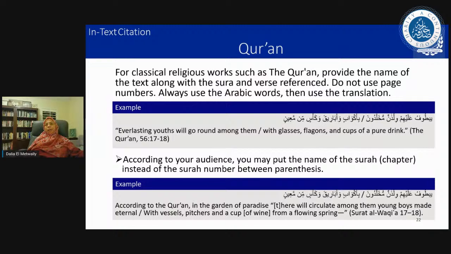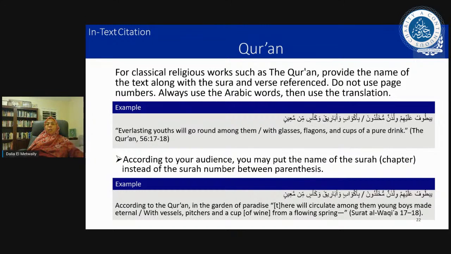Now, if you're turning in a paper to a Muslim person in a Muslim college, you may actually choose to drop the words the Quran and instead say the surah number, right? And of course, or the surah name. Of course, the surah number is right there, 56. But I have down here Surah Al-Waqi'ah, right? Because I'm specifying something. Surah Al-Waqi'ah, everybody understands. Every Muslim understands Surah Al-Waqi'ah. But imagine if you're turning this paper in to a non-Muslim professor or general readers out there, the general public, laymen, what is Surah Al-Waqi'ah? What does that mean? They wouldn't even know how to pronounce it in the first place. So you have to have the words the Quran.